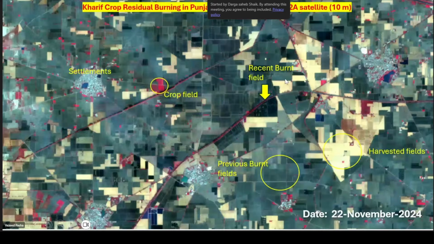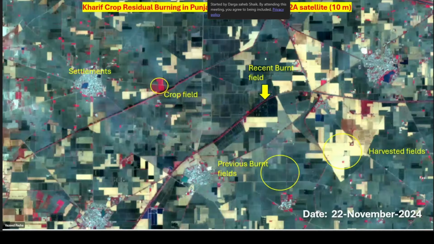One second. Yeah, the white patterns that appear in this box are a harvested field. So you can also see the previous burns. After the burning, they put water. It is the typical nature of agriculture, because most of the residual burning happens in agricultural fields, not in the forest. That is the reason it is very tough to detect the burnt area, because once the satellite passes during the day, at night they burn and in the morning they put water. That is one strategy.